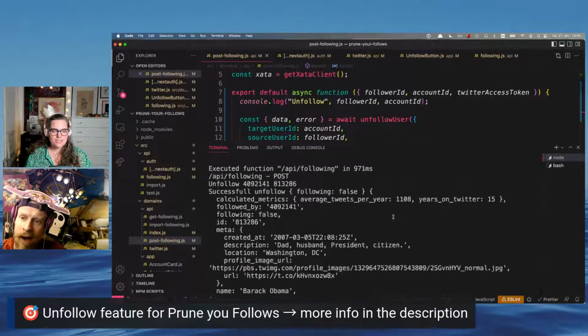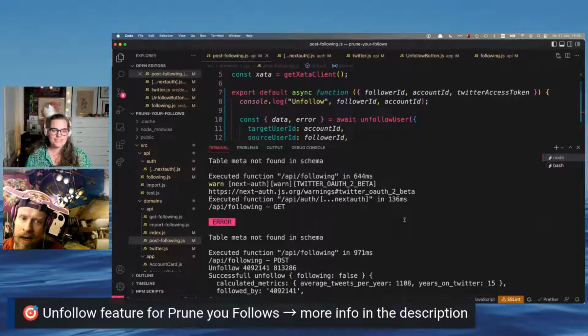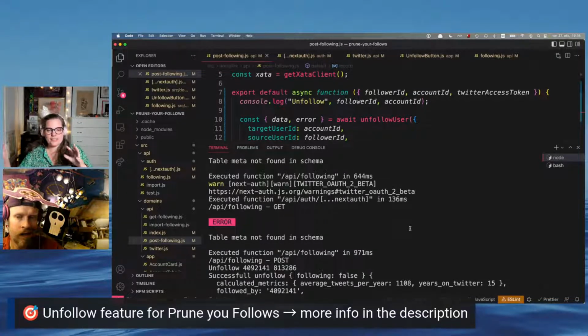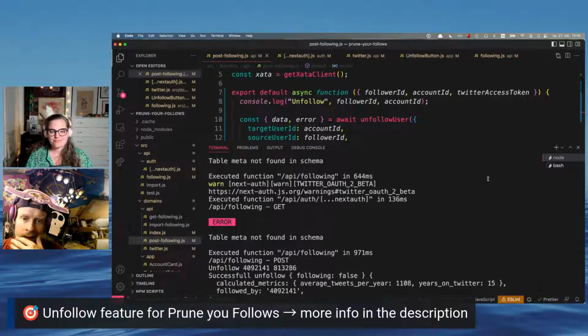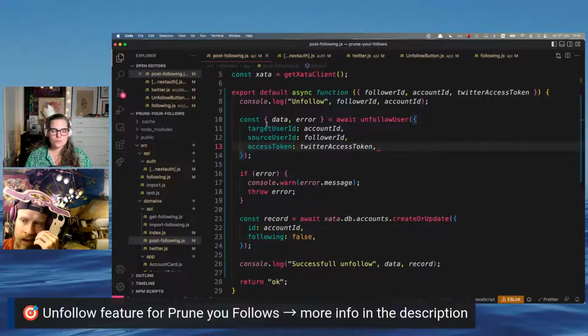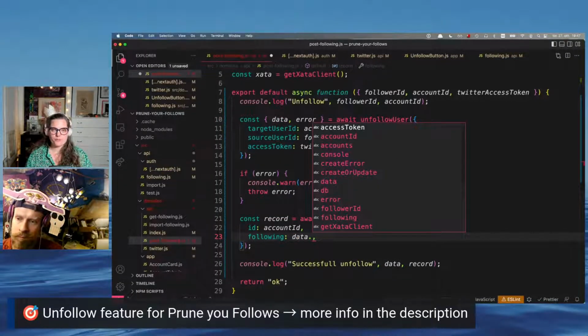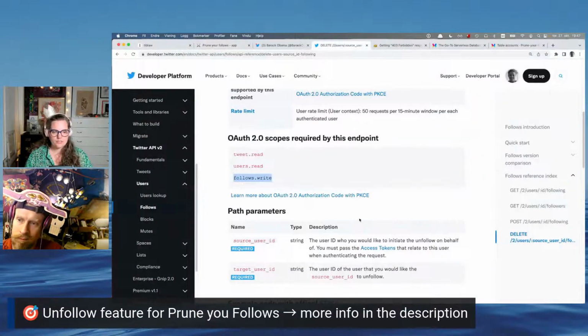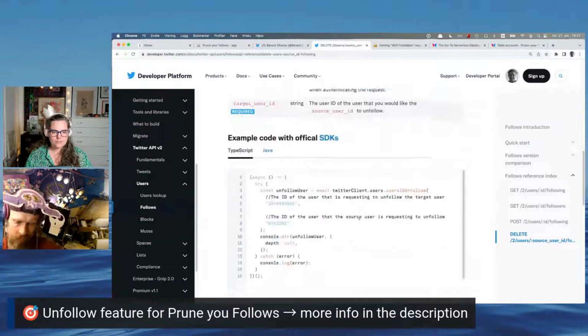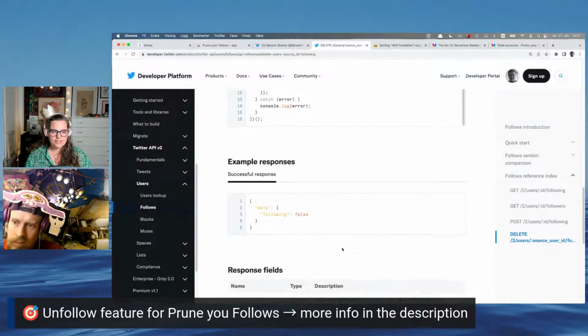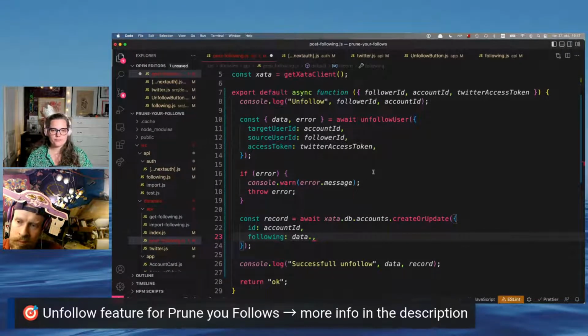So what I did was I just did unfollow false, but let's say something has changed in the meantime. Maybe I went somewhere else and clicked on follow or something. What we get back from the data is the actual status. If we go to the Twitter documentation, the example response is, are we following, true or false? So we should just use that information coming back from Twitter